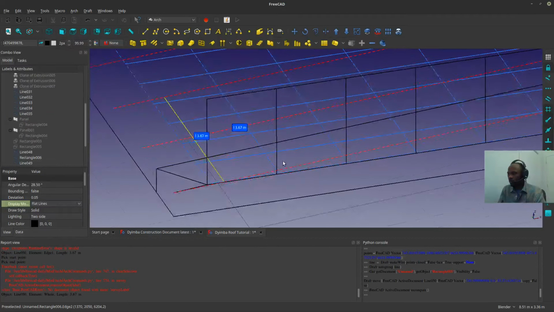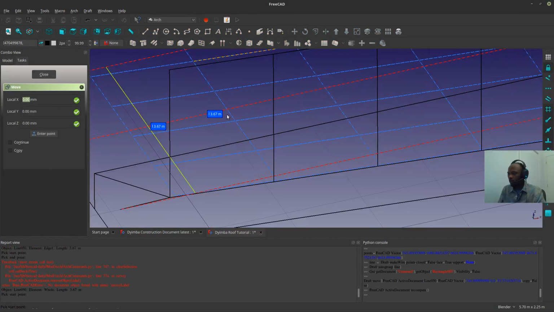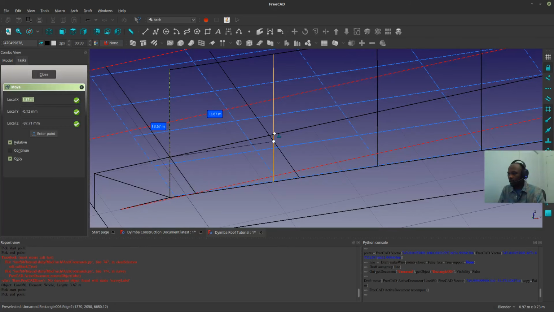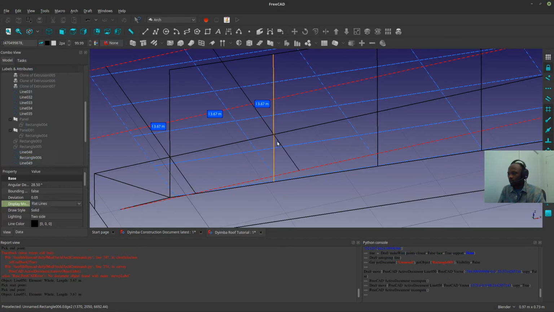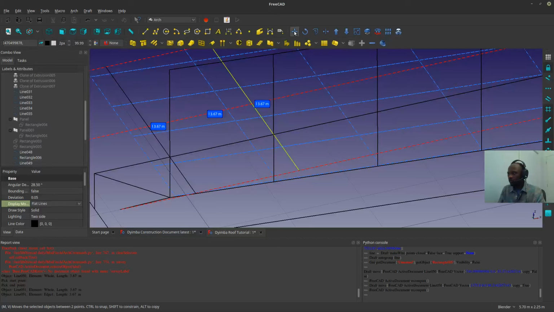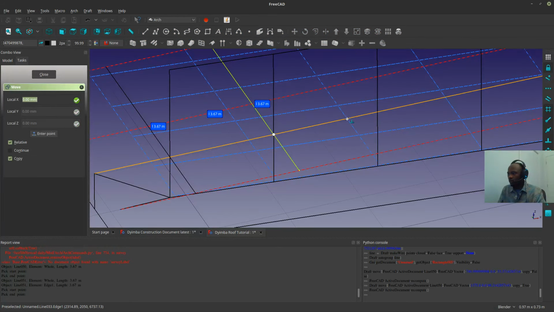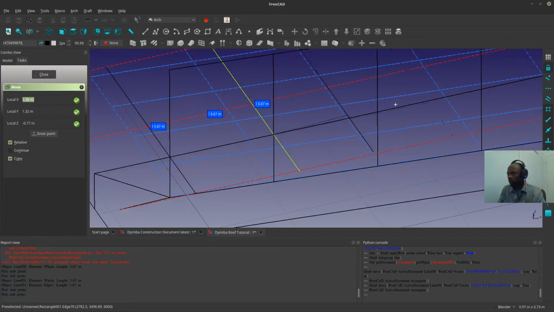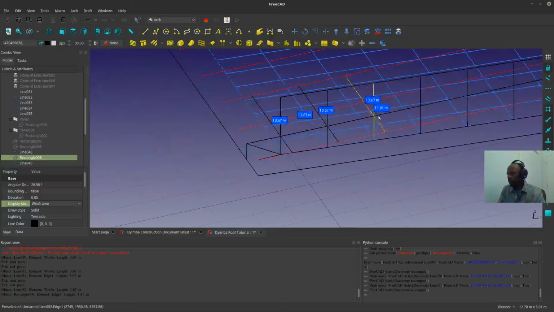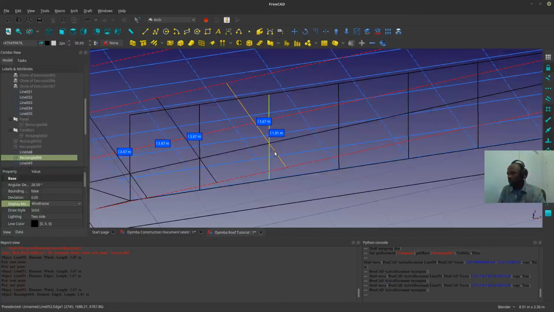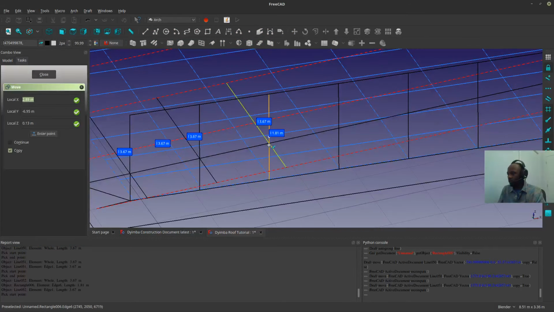So now I can select that and then copy, copy, copy, bring it here, do the same thing, select that, copy, and bring it here. Okay, like this. Select that, copy,